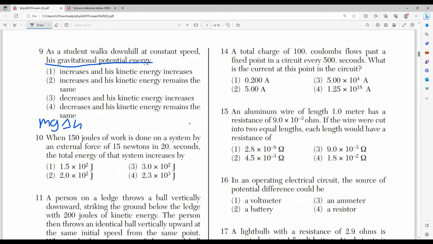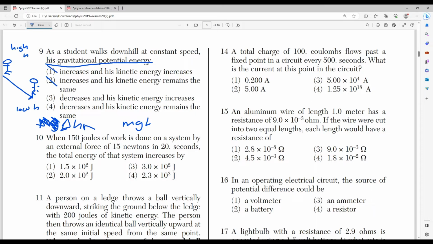And as he's walking downhill, what's changing? Well, gravity isn't changing because gravity is always constant on Earth. His mass isn't changing. He's not getting skinnier as he's walking. His mass is going to remain the same. So the only thing that's really changing when he goes downhill is his height, the height that he's at. He's starting off at a position where he has a high h, and he's ending at a position where he has a low h. So in other words, his value of h is shrinking. And if m and g stay constant, but his h is shrinking,